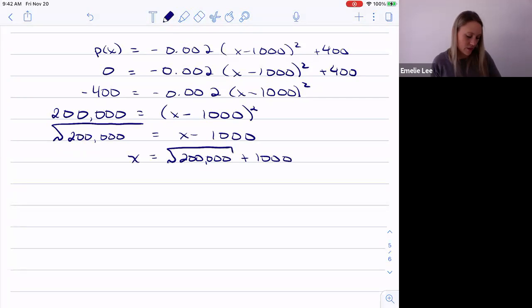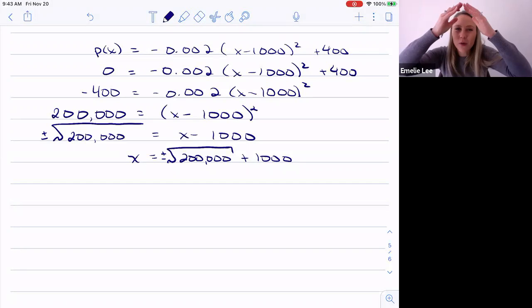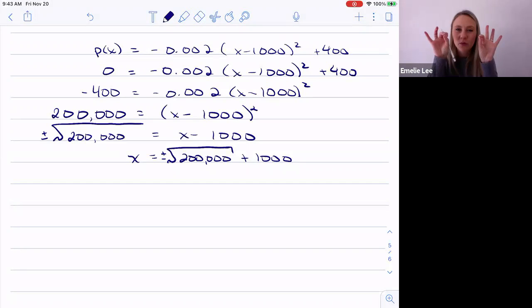Only the 200,000 is, oh, whoops. What did I forget? Not just the square root, the positive and the negative of the square root. Whoops. There. That's important. Because if you think about your quadratic, we need to have two x-intercepts if there are